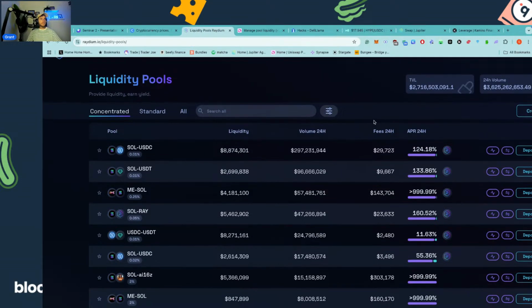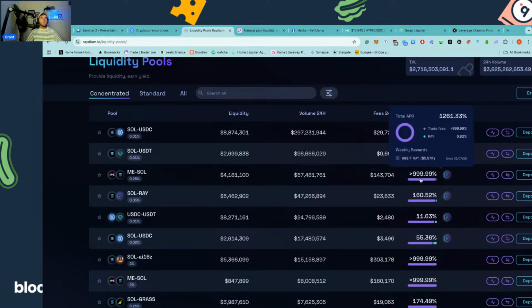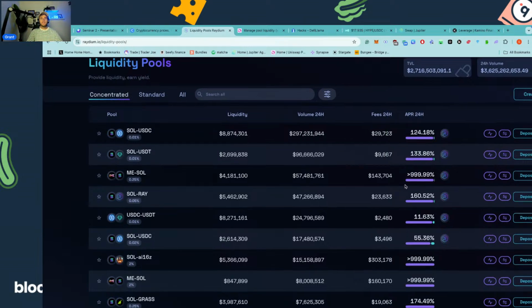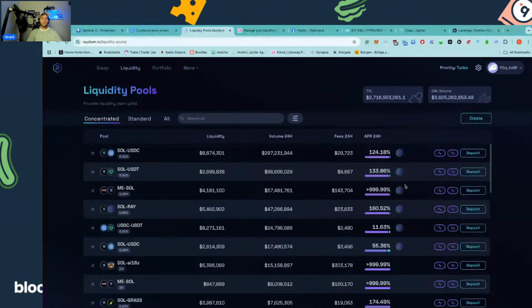Where things get really crazy, Magic Eden's token has recently launched. This has only been live for, I believe, 2 days. And this is what I mean. Early opportunities, high volume. It's exactly what you want. You've got a lot of people claiming the airdrop. You've got a lot of people just trading it, trying to find the bottom. Is it going to go higher? A lot of attention, a lot of speculation, and a lot of volume going through